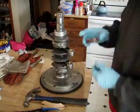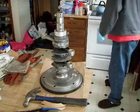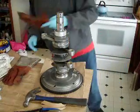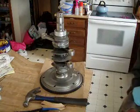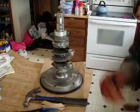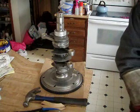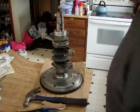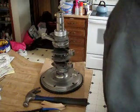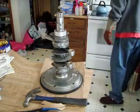So what I do is I just take the gear, put it on the stove. I also have some welding gloves here, so I don't burn myself when I do this. And this might be a little more time consuming, but we'll get it taken care of. You can use a heat pad or anything that gets up to around 200-300 degrees, and you'll need that for two of the gears. This one here is for the cam gear,